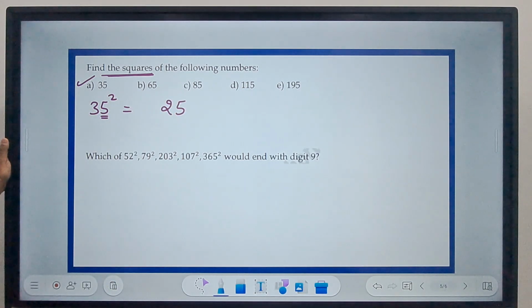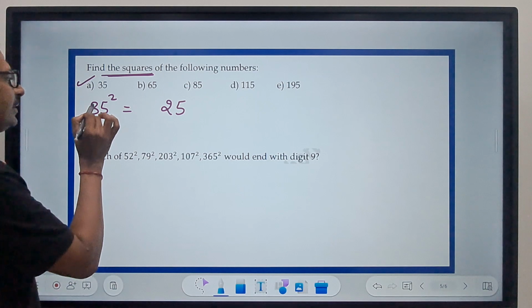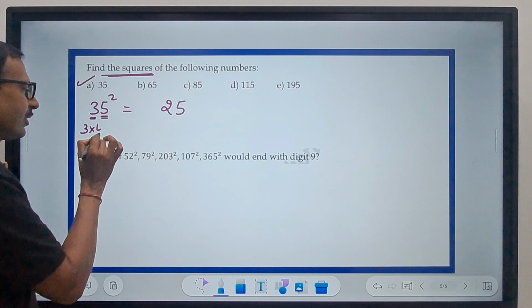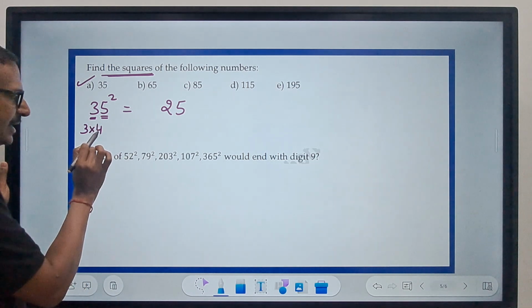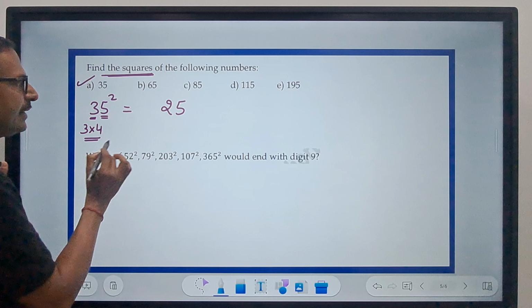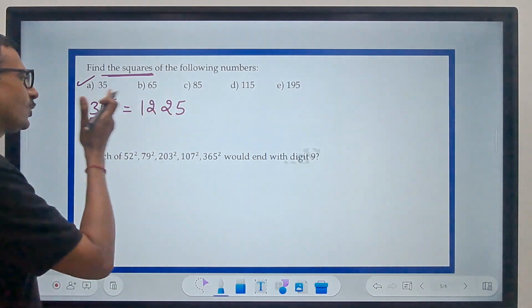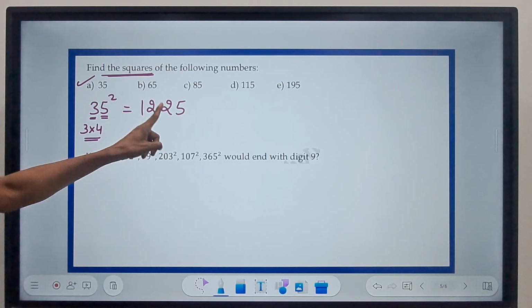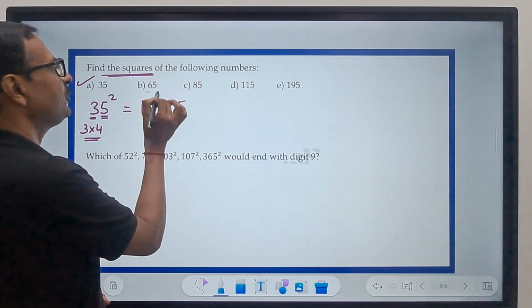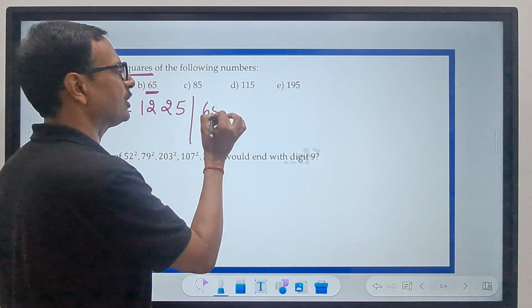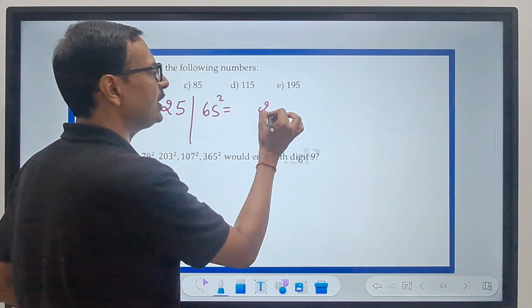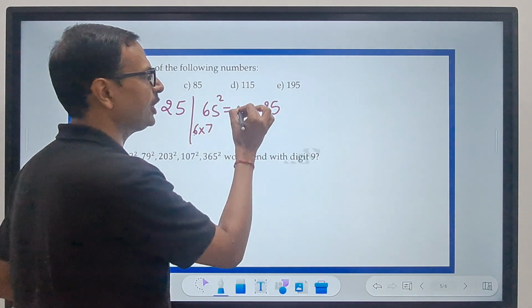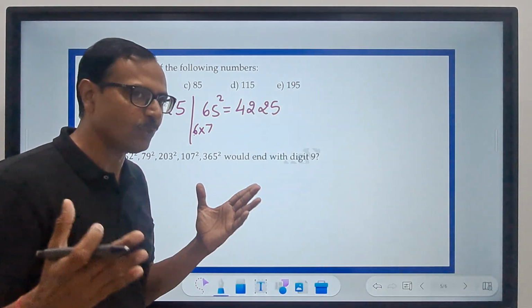That is one rule you need to understand. And the other one is the remaining number 3, when multiplied by its next number 4, 3 multiplied by its consecutive number, this gives you 12, right? So just write 12 here, you get your square of the number ending in 5. So 35 square is 1225. Likewise, if you have to do 65 square, your answer will be ending in 25, and then this number 6 will be multiplied by 7. 6 sevens are 42, and so your answer is 4225.